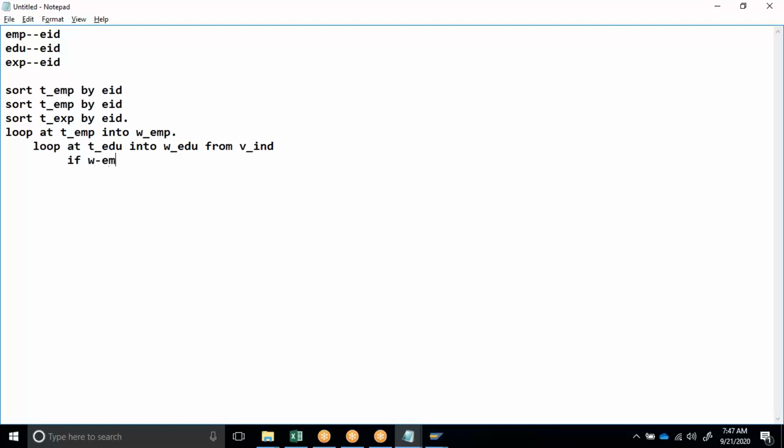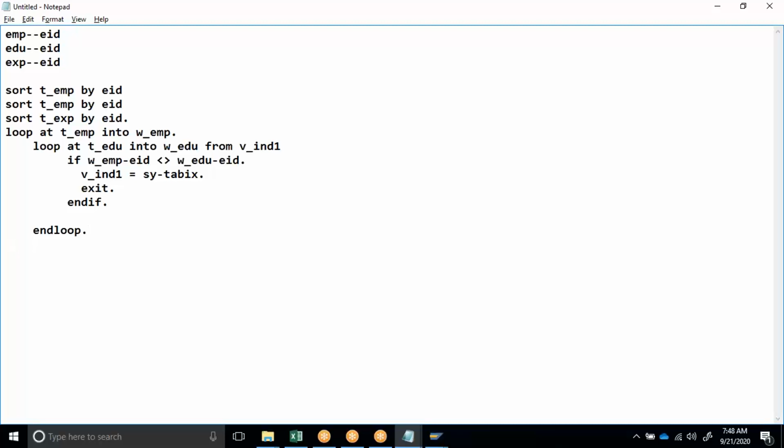If work area EMP-EID is not equal to work area EDU-EID, then V_INDEX1 equals sy-tabix, exit, end if. End loop.